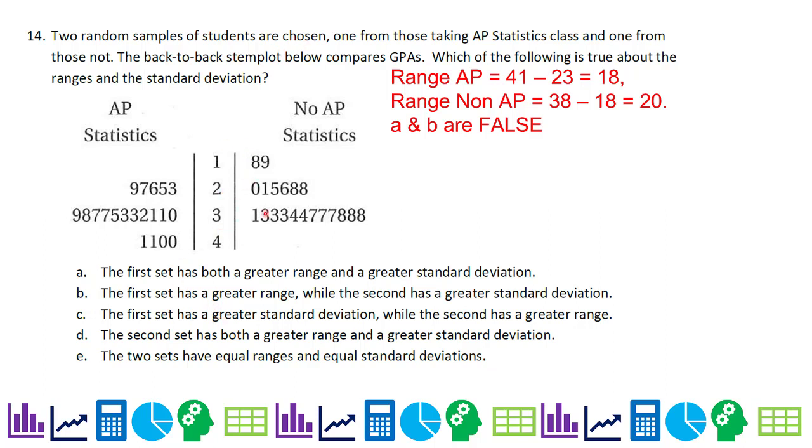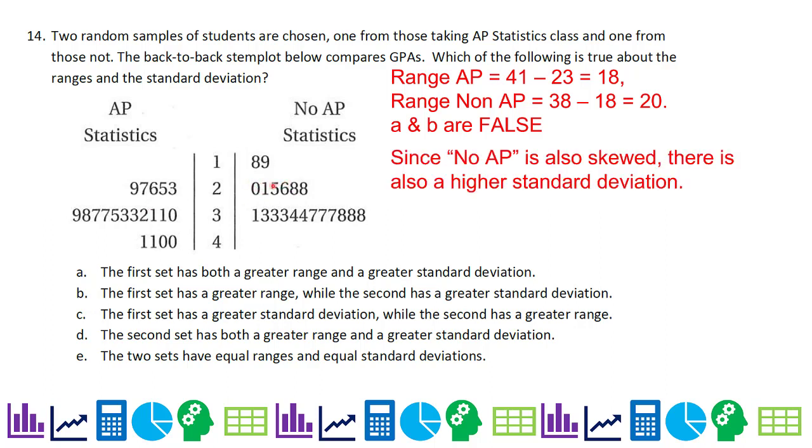Well, they're roughly the same spread, but the mean for this one is going to be a little bit higher, and this mean is probably going to be more centered. So the mean's going to be a little bit skewed, actually this way, above the median, further above the median or below the median, depending how you're looking at it. So since it's more skewed, we're going to have greater differences and a higher standard deviation. So the answer is the second set has both a greater range and a greater standard